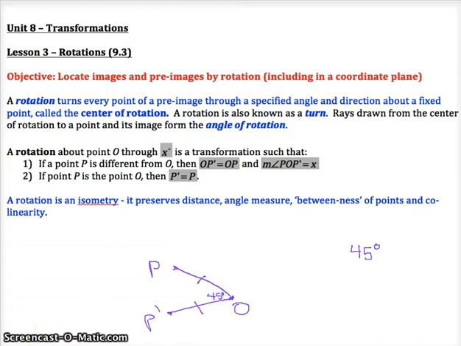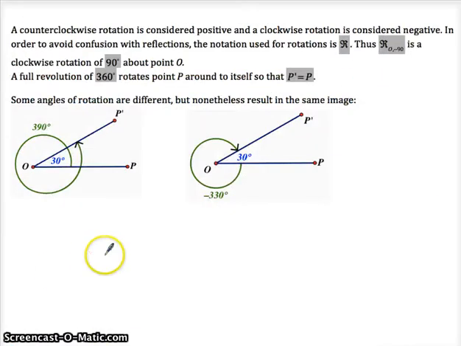Now you might be thinking, well, why did I go 45 degrees that way? Why didn't I go 45 degrees this way? How come that's not P prime up here? Why isn't it there? Well, we'll talk about that in a second, because with 45 degrees, we could kind of go two different directions. Which one's correct? Well, I'll tell you, it's the purple one. And here's why. So that it's not confusing, so that we do know which way to go,